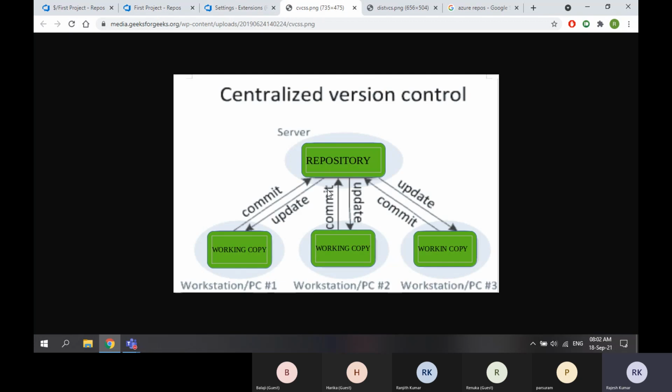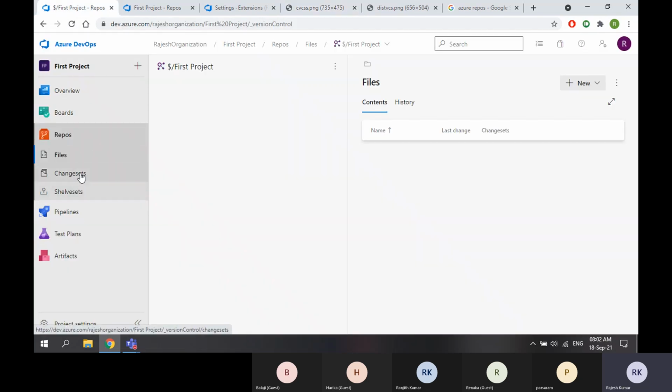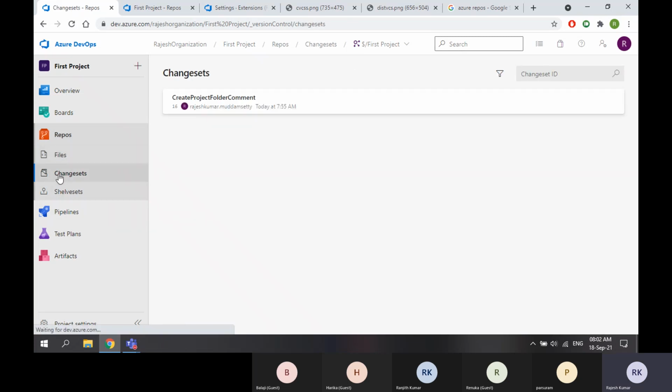Same here, you can see in the image. A user committing something to the central repository, that is nothing but a push in the central case. So that's what we call a shelveset. Then a changeset is like history, a commit: how many times you changed the source code. If I go to changesets, I will see one change.